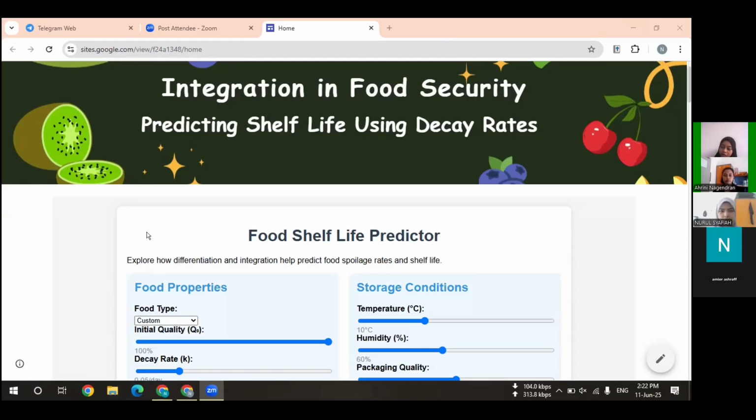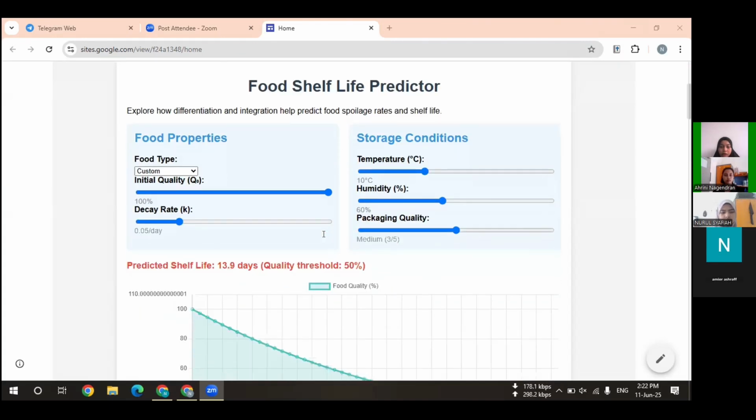Welcome everyone. Today, I will present a website titled Integration in Food Security, a unique education tool that blends real-world science with mathematical modeling. Okay, for part 1,